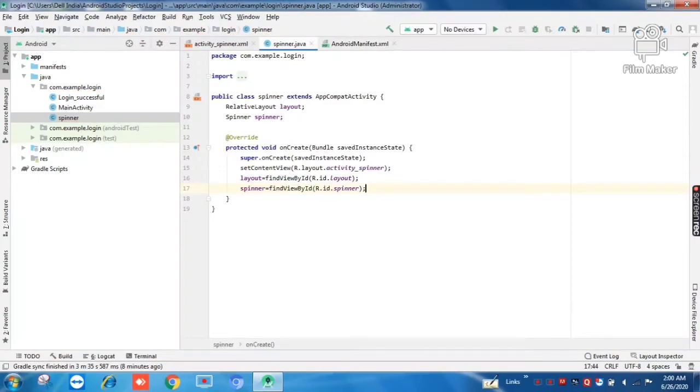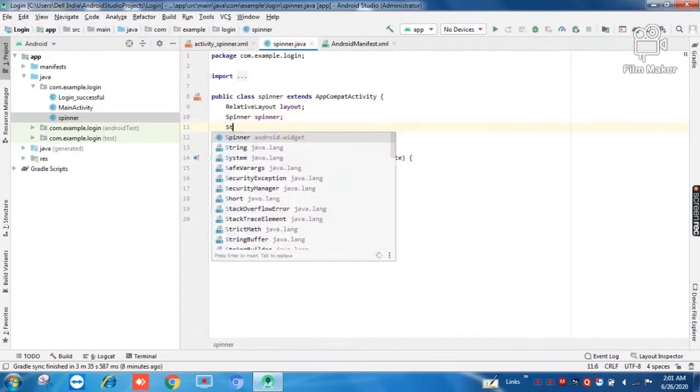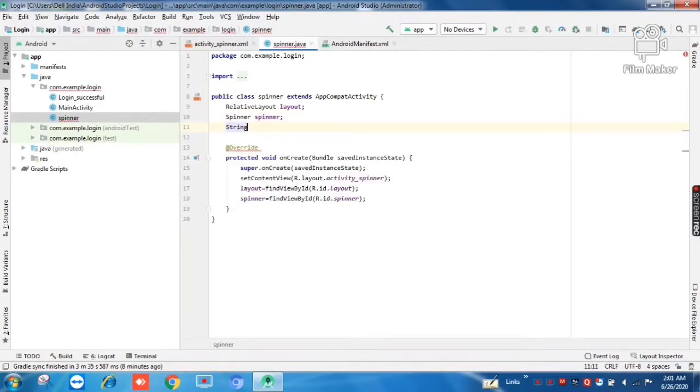Now it's time to create the list in which we are to put the colors. So we will use a string array here. Create a string array, string brackets, name it as colors, and give this a value in inverted commas and separate them by commas. First say color white,